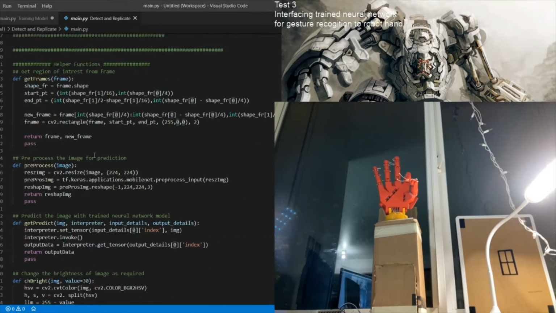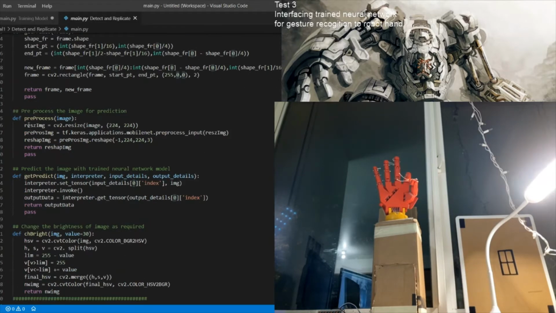There are a few helper functions which I have created. Get frame: when we pass a frame to this function, it will return our original frame with the region of interest we required. The region of interest will be in a blue box.